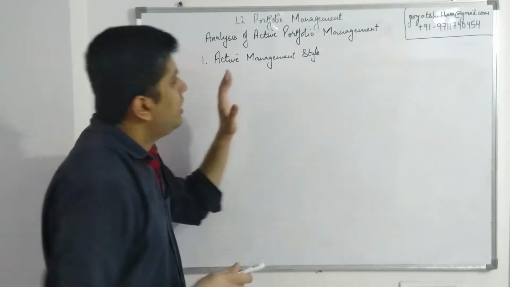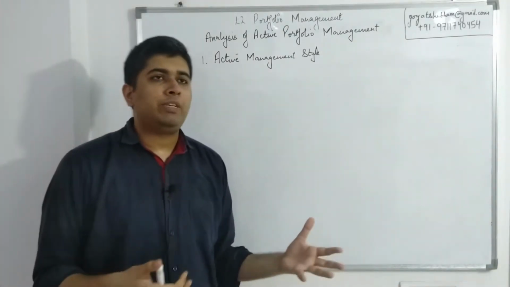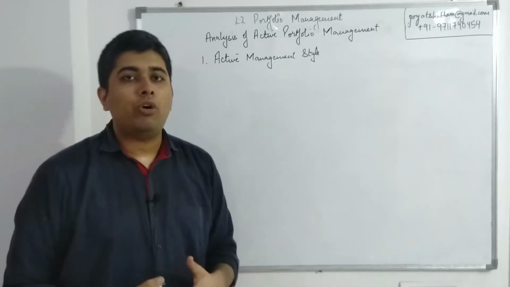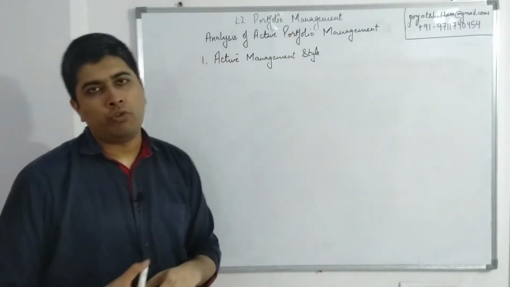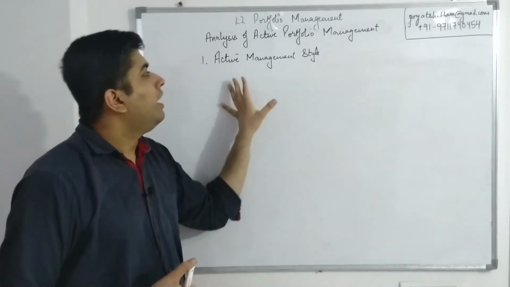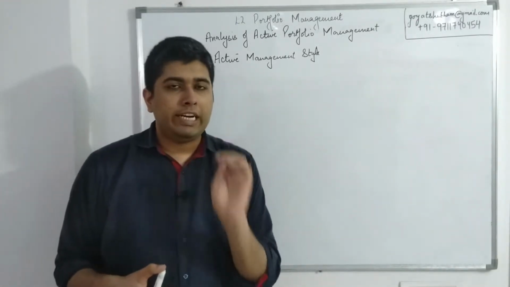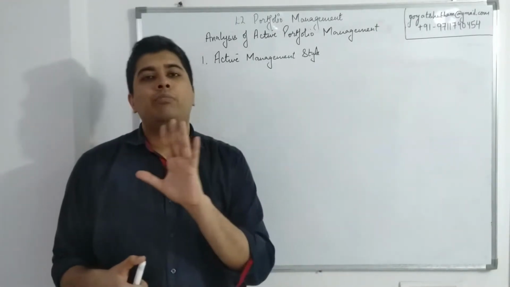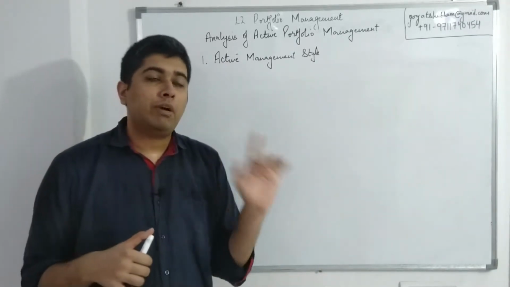The first concept that we have is talking about the active management style. So, investment management can be done either in an active manner or as a passive manner. So this entire chapter is focused on active portfolio management. Now, in active portfolio management, the calculation part and the concept that we are covering in this topic is pretty much identical to the factor return plus security selection return that we covered in the multi-factor model topic.